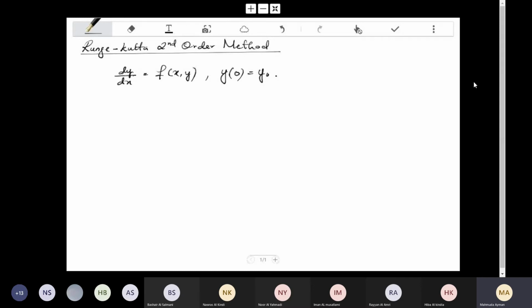Now, if you try to remember, what we studied last week was Euler's method, that had the formula y i plus 1 is equal to,